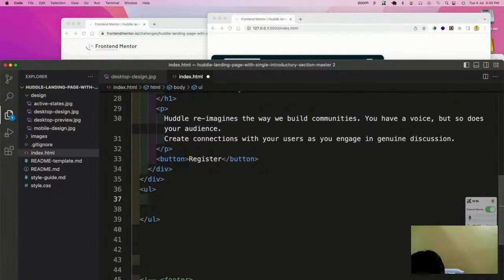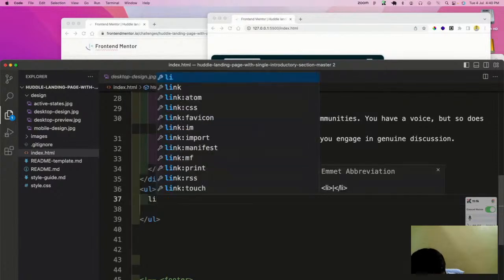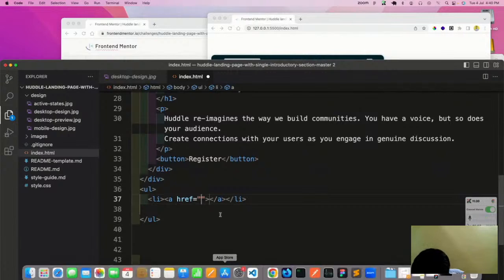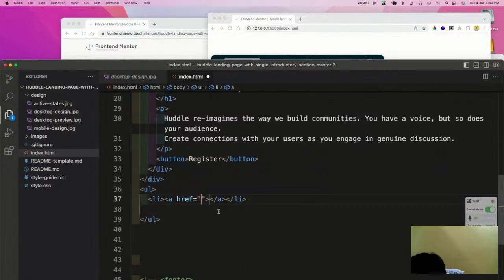So let us do this thing here only. Anchor tag. And in this anchor tag, as we do not want the click functionality, we will put hash here. So this is the structure, and we will replicate this